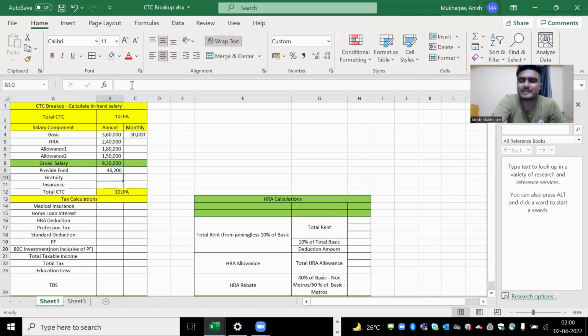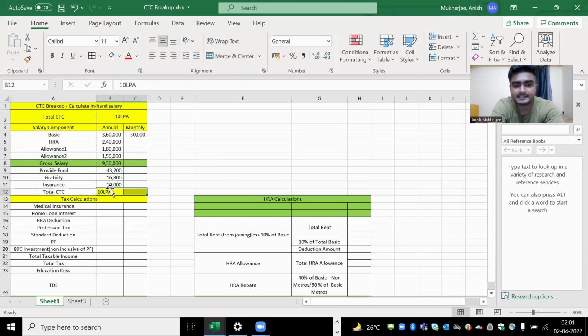Now, the gratuity is basically the amount that you will be paid for staying in that company for 5 years or more. If I'm just assuming the gratuity to be, say, 16,800 rupees, this is just a number that I'm assuming that will be easy for the calculations. And if I'm assuming the insurance to be 10,000 rupees, you will be able to see